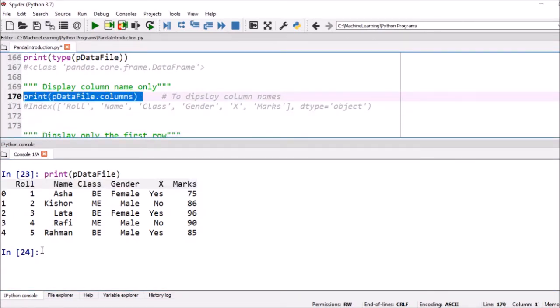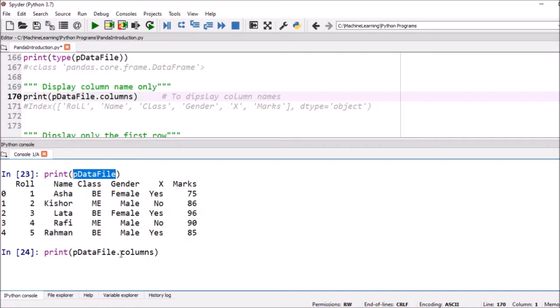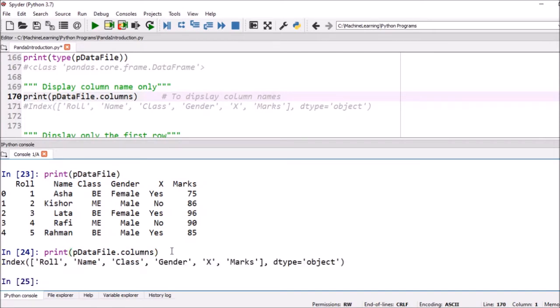So for that we execute print, the name of this data file, dot columns. If you execute it, you can see the output: roll number, name, class, gender, X, and marks. These are the column names we can print.